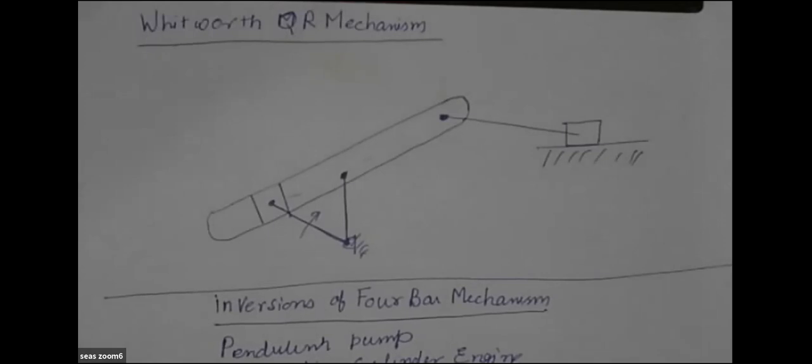So that is how there is a change between the other slider crank mechanism and hand pump mechanism. So you must go through all these 4 inversions of 4-bar mechanisms as an assignment. So this is all for